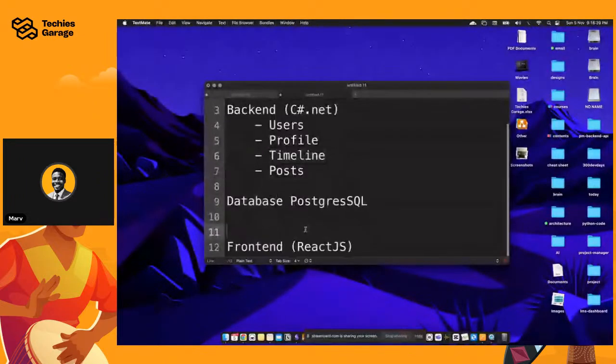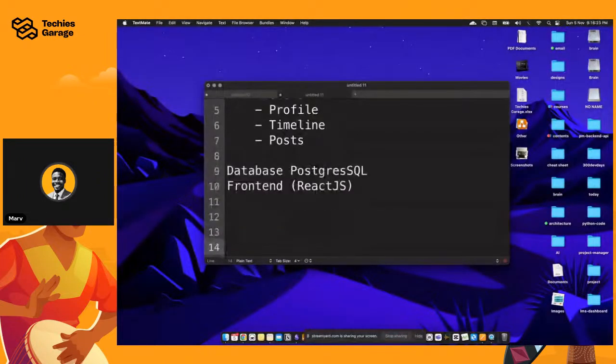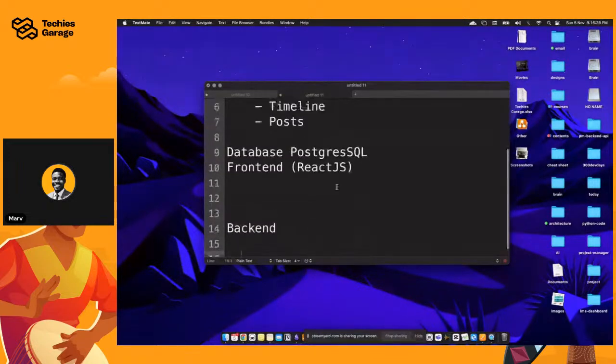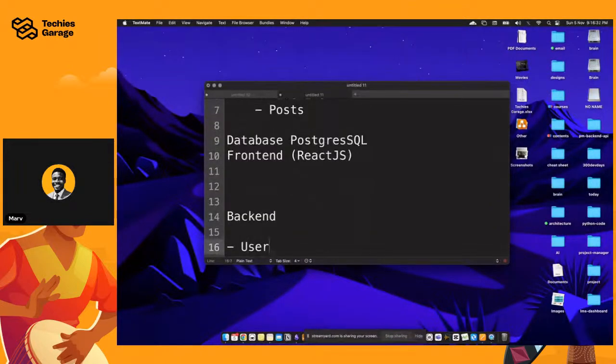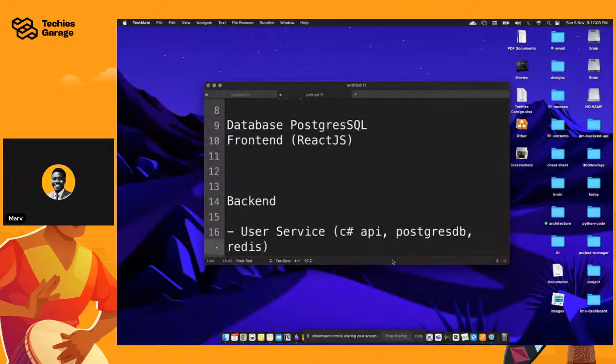Okay. So in that case, you might want to now say, okay, on our backend, we have our backend, and the backend we are currently building is maybe the user, right? The user module, or now we can call this the user service. So the user service would have its own, maybe C Sharp API, right? And it would also have its own, maybe you choose to use Postgres, right? So let's say Postgres DB, right? And it has its own backend basically, okay? So the user service has its own set of application code and backend DB, right? And then maybe you're also using a cache, right? So it has its own Redis cache and all that.